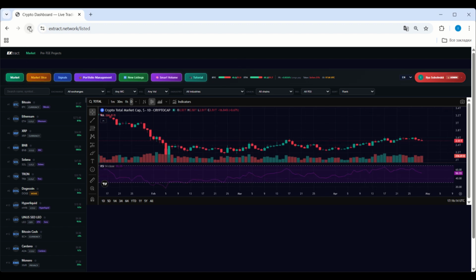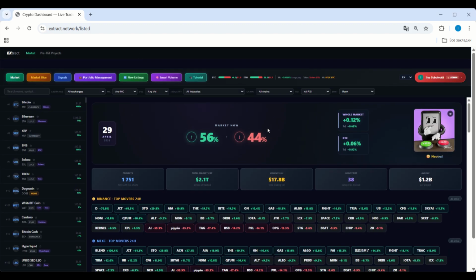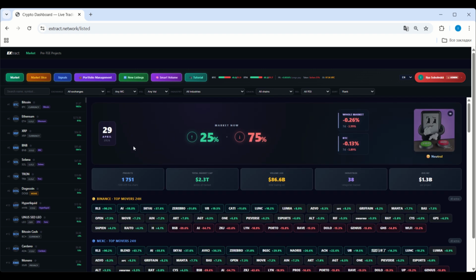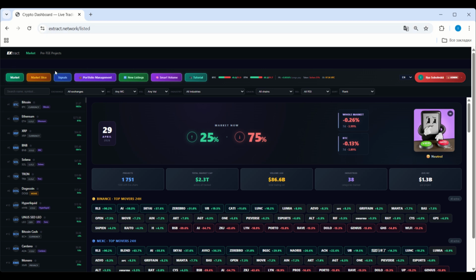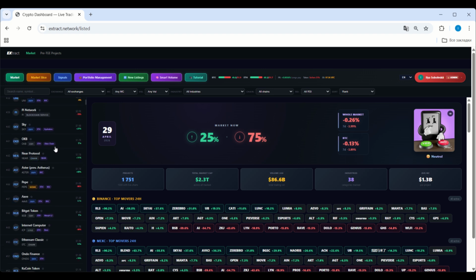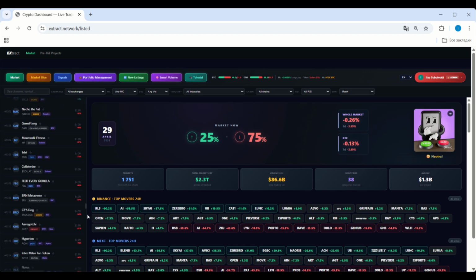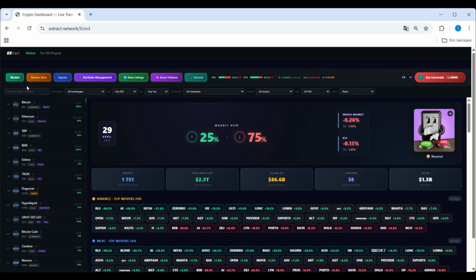Hello guys, today I want to show you the best ever crypto platform for analyzing projects. It's called the Extract Network. So here you can see the main tools, the dashboard of all the listed top 2000 projects listed